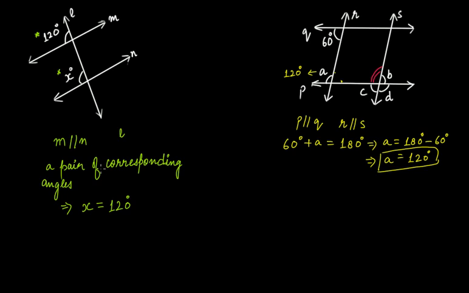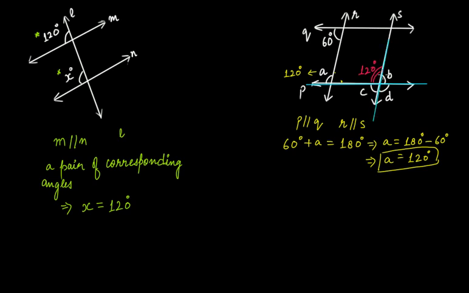And since here we saw these will be equal, so A will be equal to this angle, therefore this angle will also be 120 degree, right? Because these are a pair of corresponding angles, and since these are two parallel lines being intersected by a transversal, these two corresponding angles will be equal. Since this is 120 degree, so don't you think that if we look at this line, let me draw it here, if you look at this line and this line,